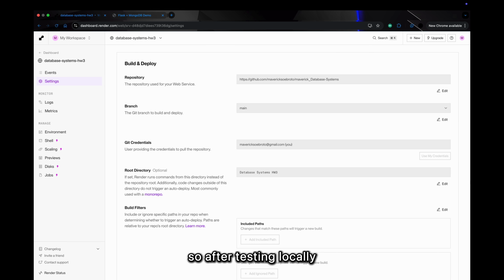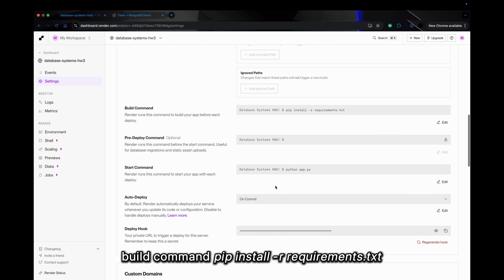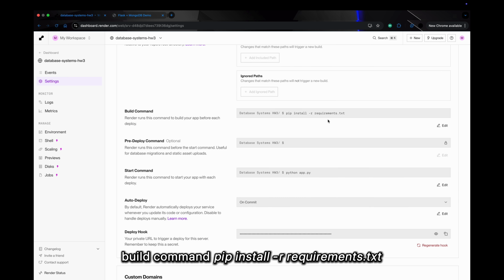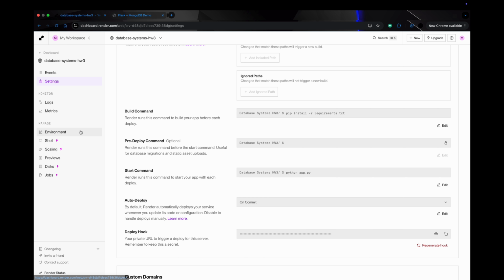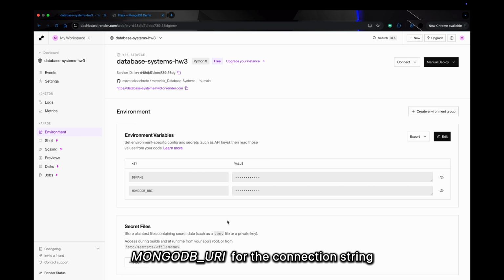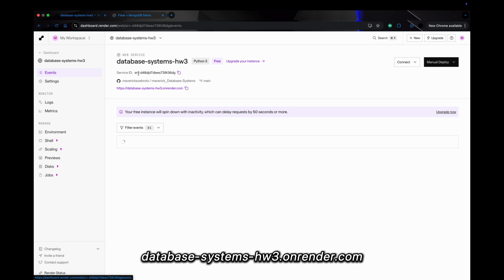So after testing locally, I deployed the entire project to Render. I pushed my code to GitHub, and in Render I configured the root directory, Database Systems Homework 3, the build command, pip install -r requirements.txt, the start command, python app.py, and I also added the environment variables: MONGO_URI for the connection string, and DB_NAME for the database name. Once deployed, my project became publicly accessible at